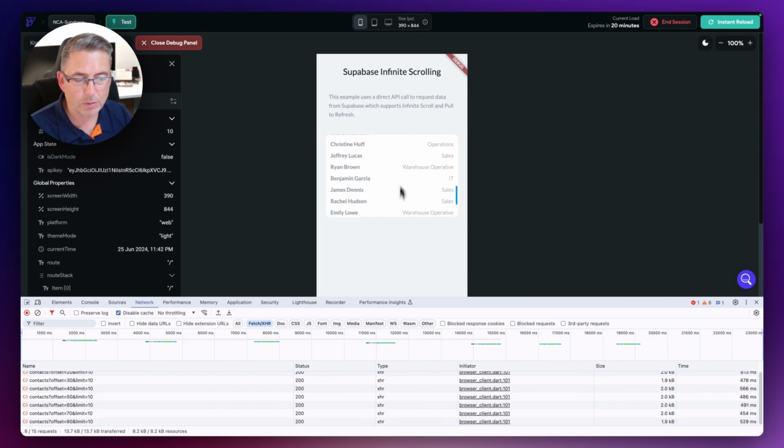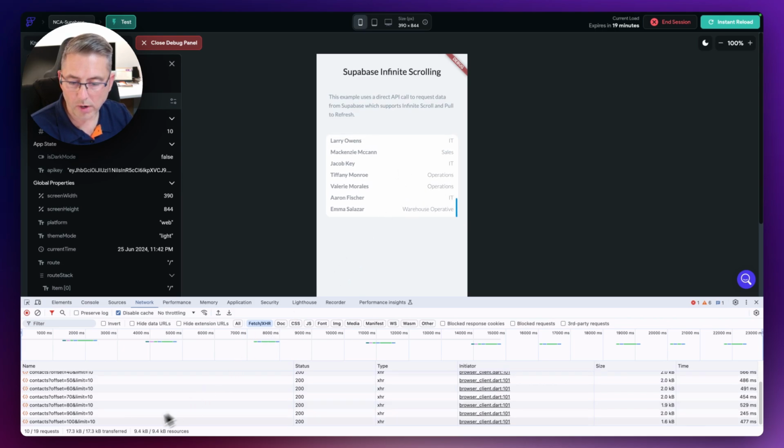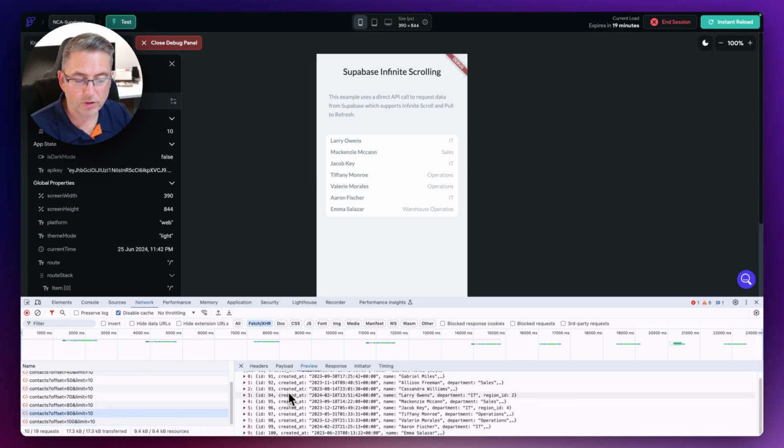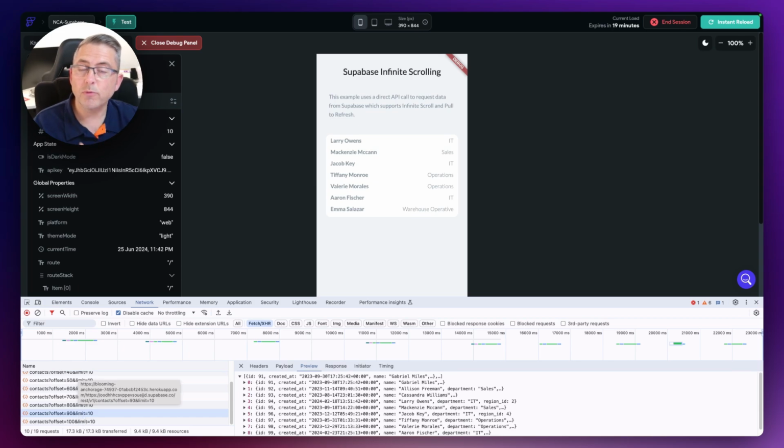Now, of course, what will happen is I'll keep scrolling. I'll get to the end of my record set, which is 100 in my case. And then, of course, there'll be nothing more to display inside the UI. You can see here now that my contacts array is empty. My last one that's come back is the final 10 that I've got in my list. So we can clearly see here that we've got the infinite scrolling feature enabled inside our